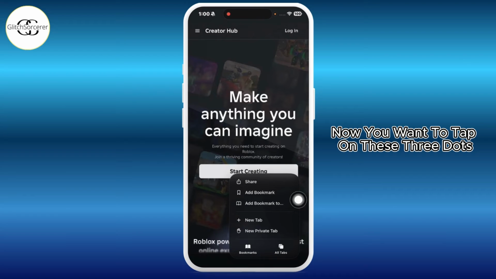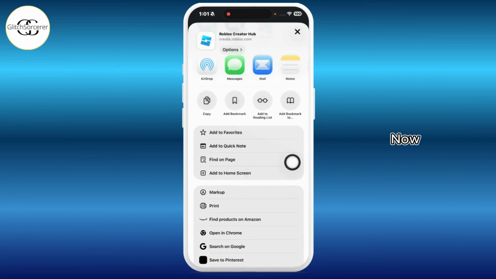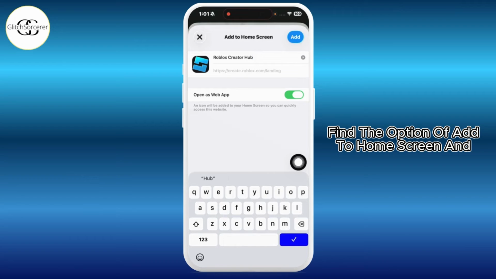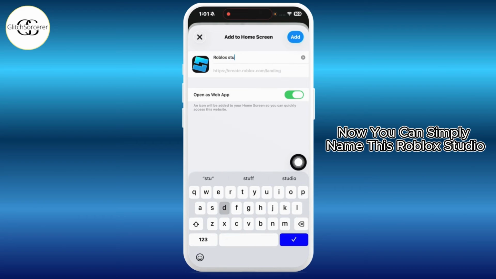Now you want to tap on these three dots, then tap on share. Now find the option of add to home screen and tap on that. Now you can simply name this Roblox Studio,